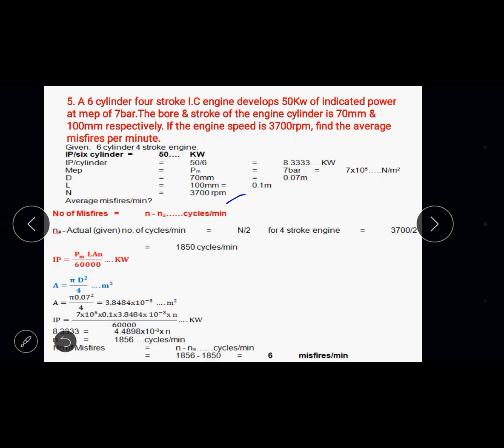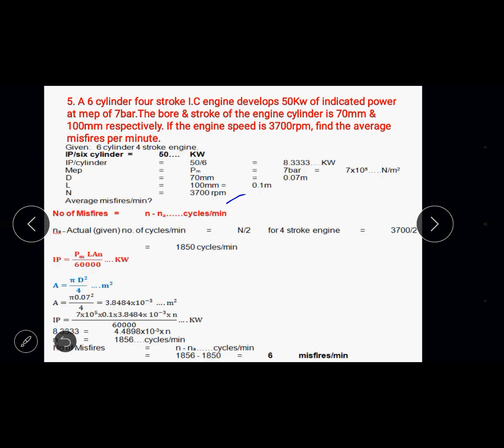But here in this problem you cannot find out BP. To find out BP, either the brake power should be given in the problem, which it's not, or IP should be given, or if you know the torque or the parameters related to the torque, you can find it out. If BP is given, with the help of BP you can find out capital N, and from capital N you can find out small n.